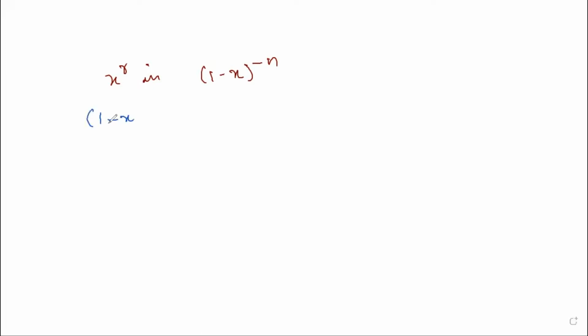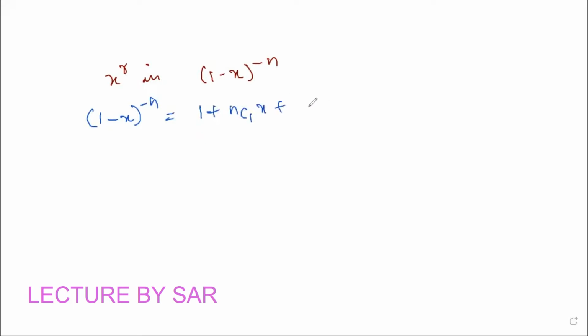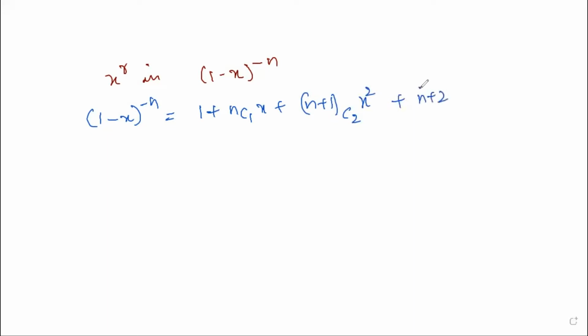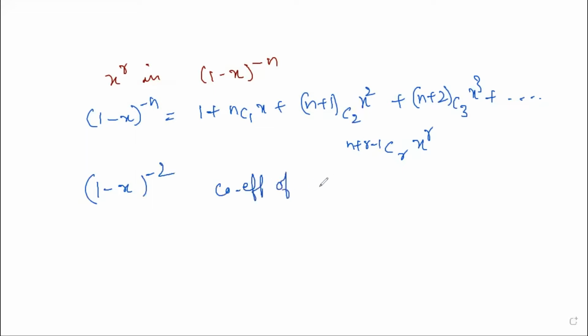So the expansion of (1 - x)^(-n) is 1 + nC1 x + (n+1)C2 x^2 + (n+2)C3 x^3. If you continue this pattern, the x^r coefficient is (n+r-1)Cr. So in case we want to find the coefficient of x^10 in (1 - x)^(-2), it is